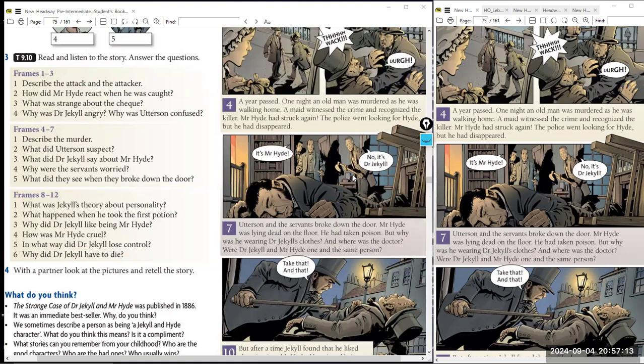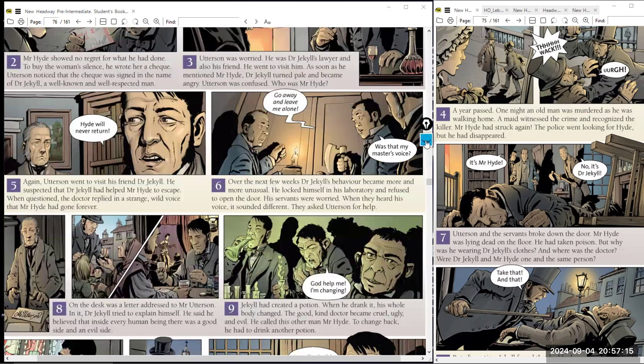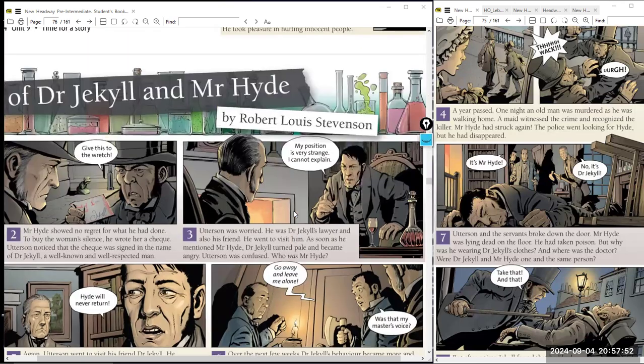suspect? So if you want to read paragraphs 4, 5, 6, 7, you will know the answers. He suspects that Dr. Jekyll had helped Mr. Hyde escape. Thank you so much. He suspected that Dr. Jekyll had helped Mr. Hyde to escape. Thank you so much. Now the next question is,